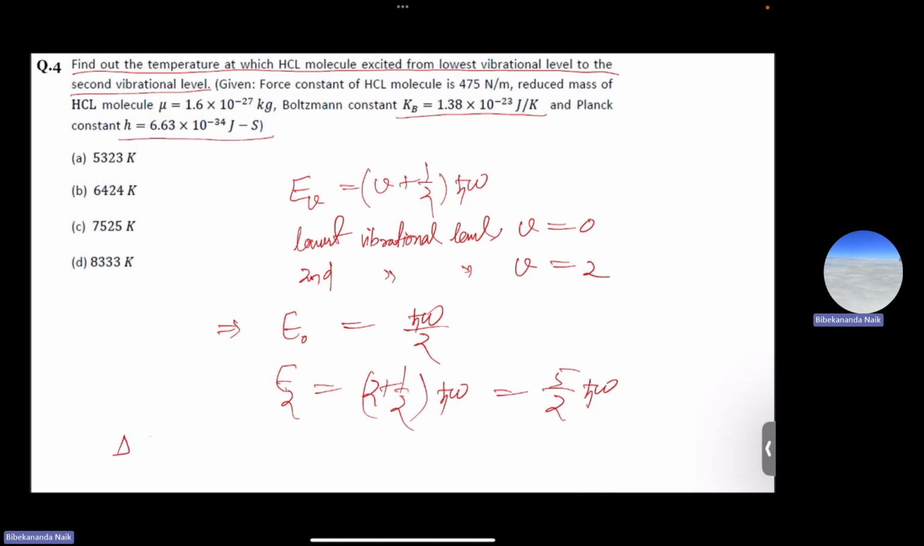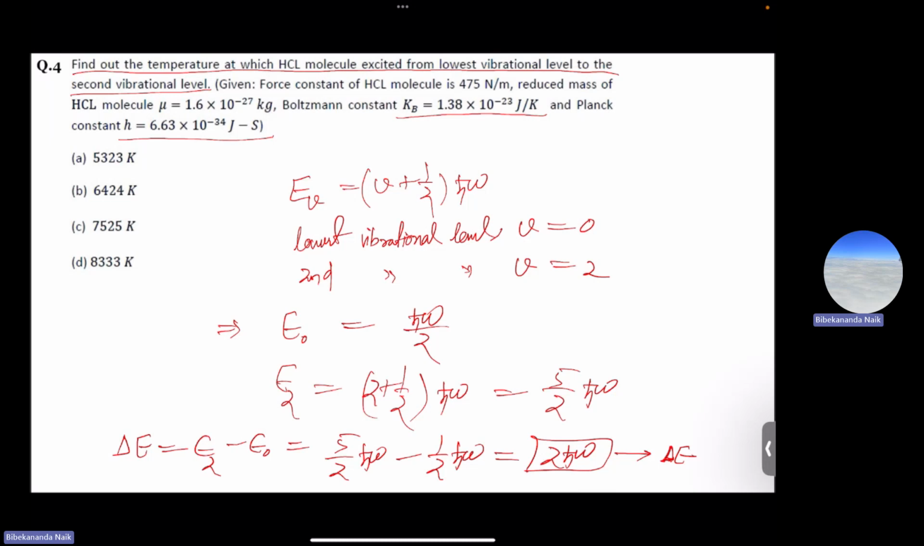Now delta E is E2 minus E0, which is 5 by 2 ħω minus 1 by 2 ħω, and it is 2ħω. This is the energy difference. Now, in order to find the value, we need to